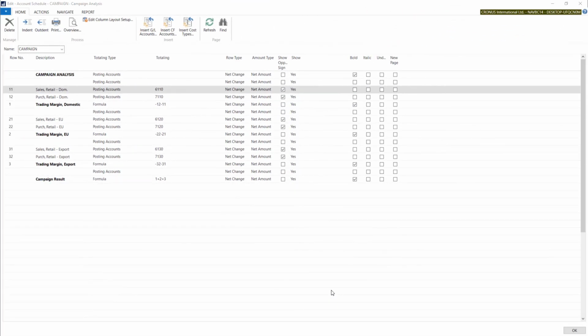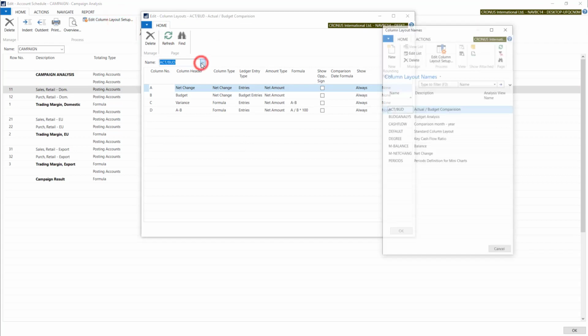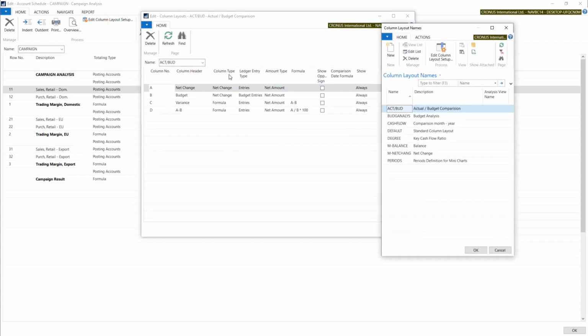If we have our rows defined, we can go and check our column layout. Using this, you can choose whatever column layout you like and connect it to account schedule. So let's take a look at one of the